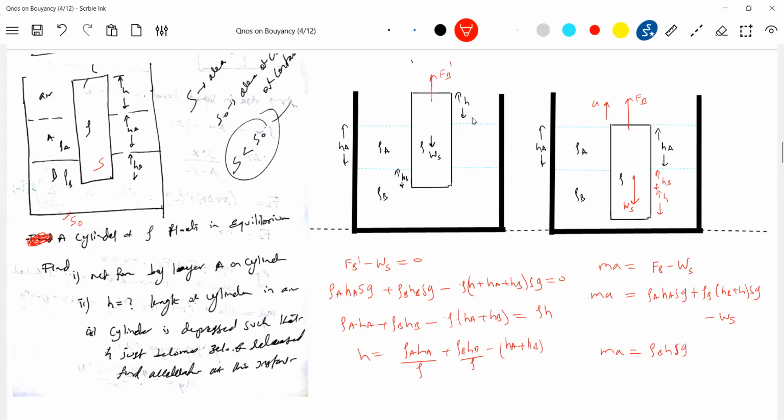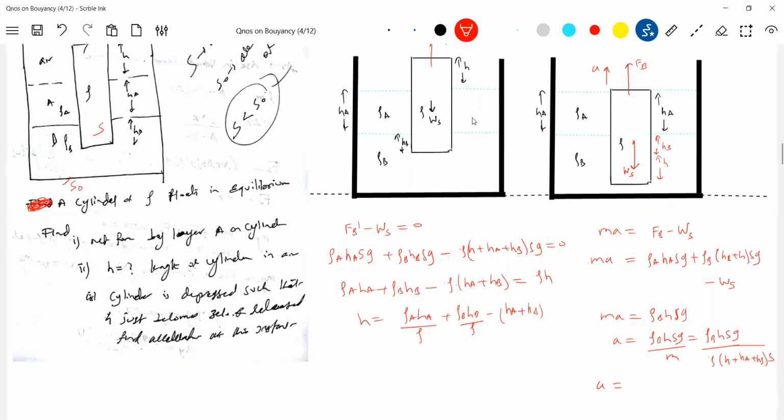Please try to make observation. This mass we don't know, so we are going to write it. What is the mass? Mass will be rho into H plus HA plus HB into S. S gets cancelled. So what is the acceleration? Acceleration will be rho B H G by